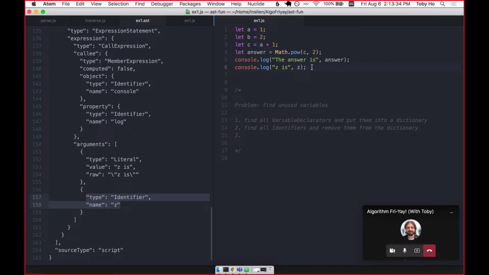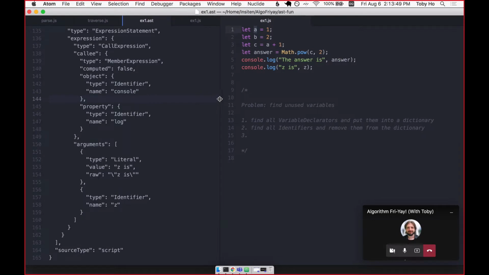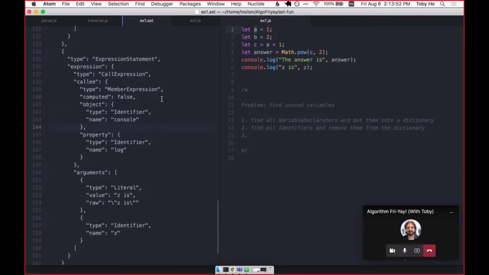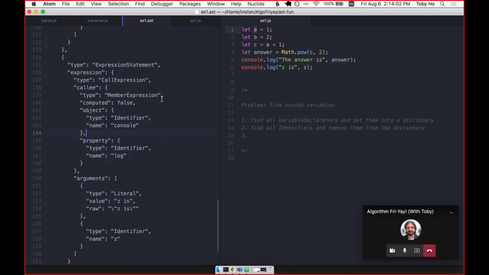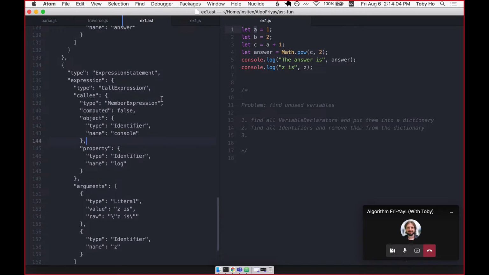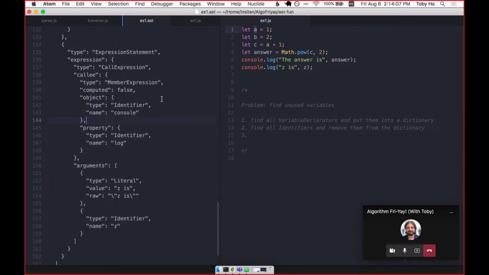So I think we actually somehow have to distinguish an identifier that's within a declarator versus an identifier that's not in a declarator, and that actually makes it more hairy, but it's doable. Yeah, that's true. We could either do that, or we could